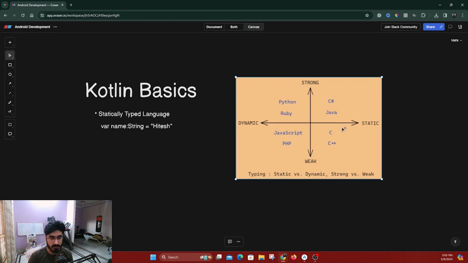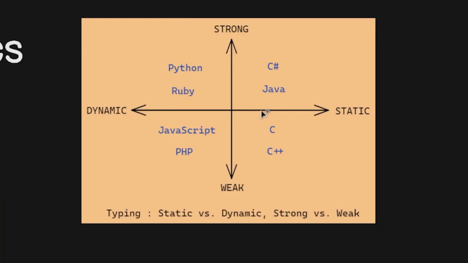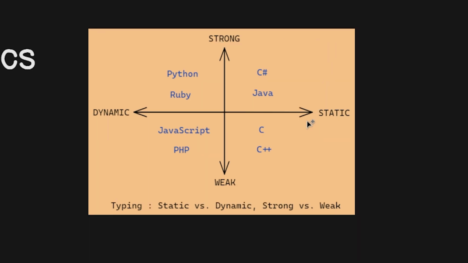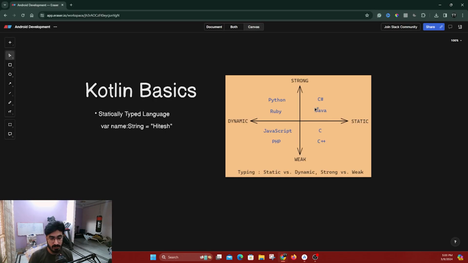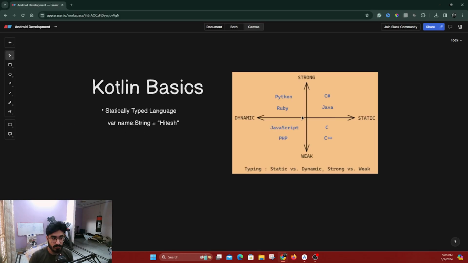Now, I have this graph here which shows the types of different languages and how things work in them. This is strong, static, weak, and dynamic. Python is strong but dynamic in nature. C# is strong and static in nature, and here is Java. And I think Kotlin is somewhere down here, because Kotlin is based on Java, so it's static